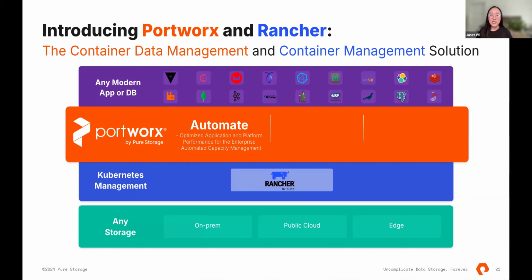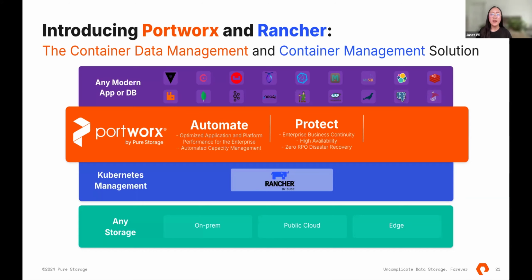From a protection standpoint, Portworx is able to provide data resilience through flexible disaster recovery policies like synchronous and asynchronous DR, but we also provide Kubernetes native backup and restore, including some more enterprise-grade capabilities like ransomware